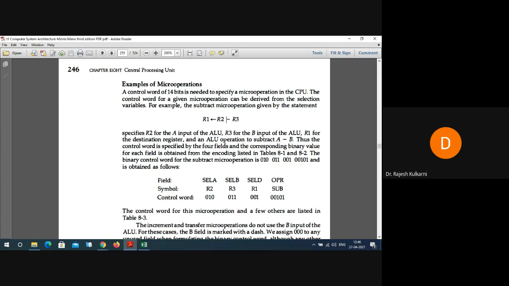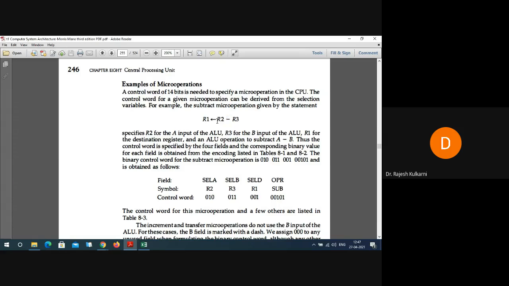So this is what is expected. My asking questions to you is not to put you in trouble, or your answering does not indicate that you are intelligent. This interaction only ensures that you are listening to my class as it is online mode. That is the only problem. And I don't want to inconvenience you by asking you to be on video continuously. So, as Saket told correctly, a subtract operation is taking place.